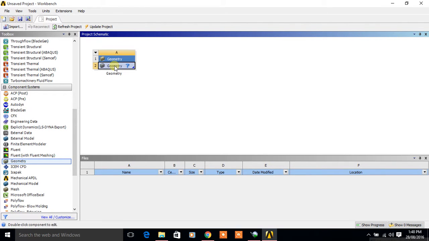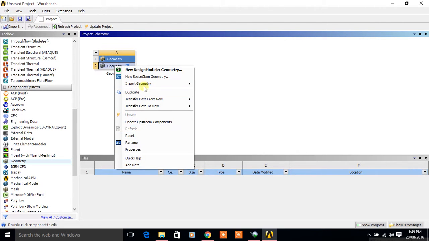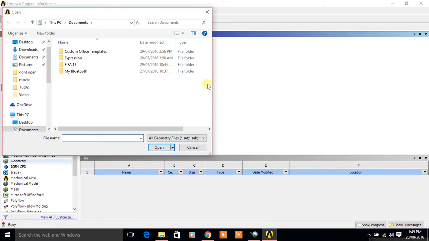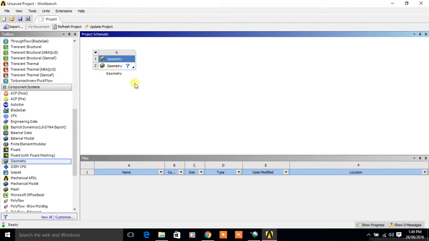First of all we have to right click over here and we get this menu. So import geometry. In import geometry we have to browse for geometry. I have already created a geometry, so if you have created a geometry in another project you can browse it and directly open it. If you don't, then you have to create it in ANSYS. For that you have to click on geometry, double click on geometry,